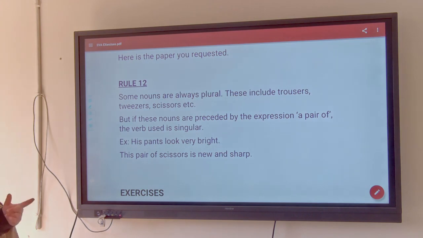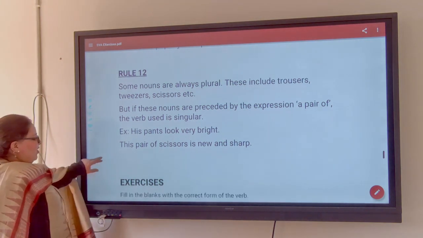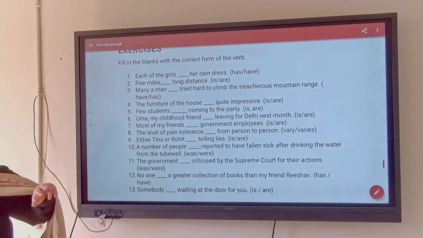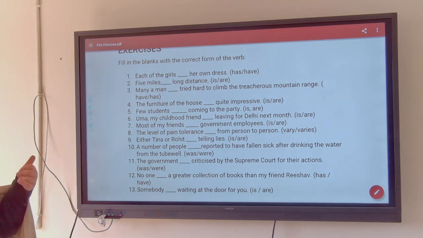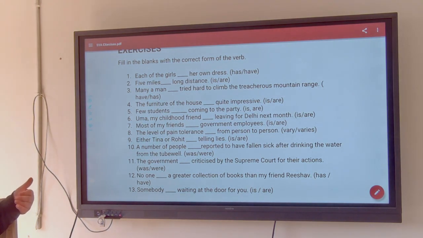So these are the 12 rules which we need to remember whenever we are making sentences and using verbs. We all need to consider subjects here and follow these rules in order to fill in the blank or put in the right verb. So that completes the subject-verb agreement rules. Now I have listed down a few examples for your understanding. We will go through these exercises, 15 sentences here. I've also given options, so we will read all these sentences one by one, which will give you proper understanding of subject-verb agreement.